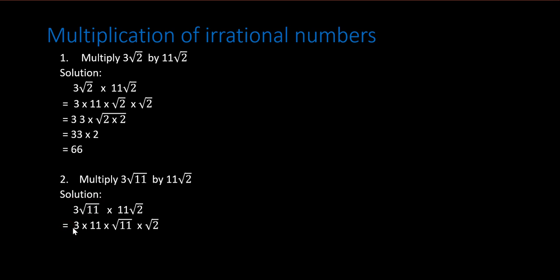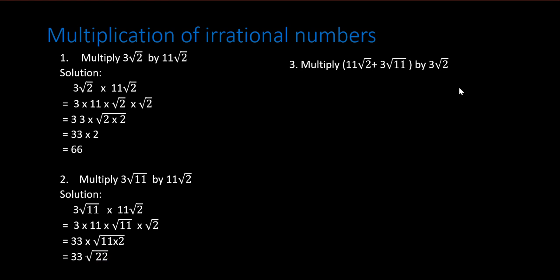Which is equal to 3 into 11 into root 11 into root 2, which we can also write as 33 into root 11 into 2, which is equal to 33 root 22. So question number 3 we have